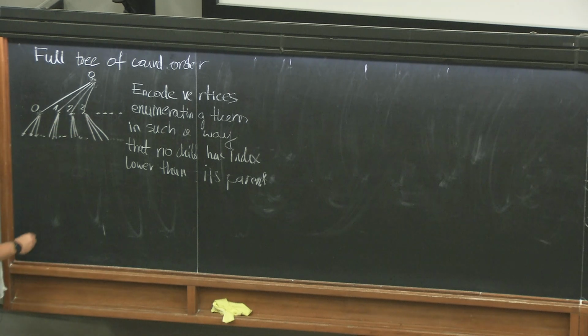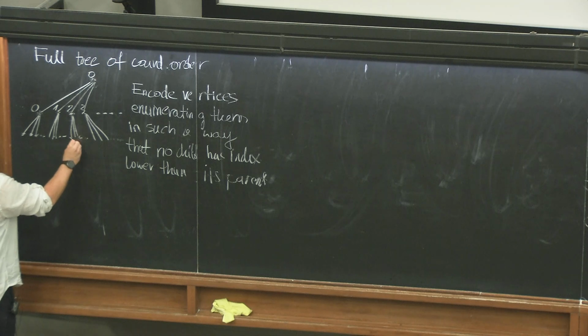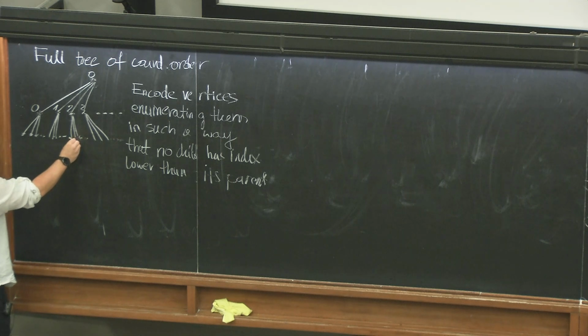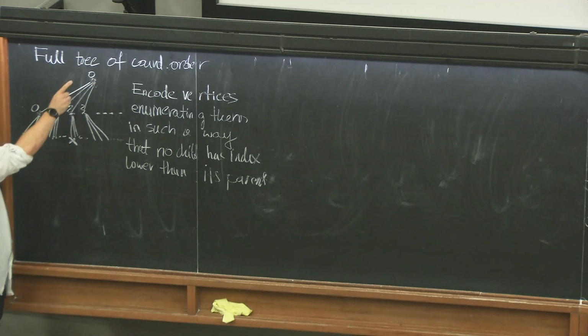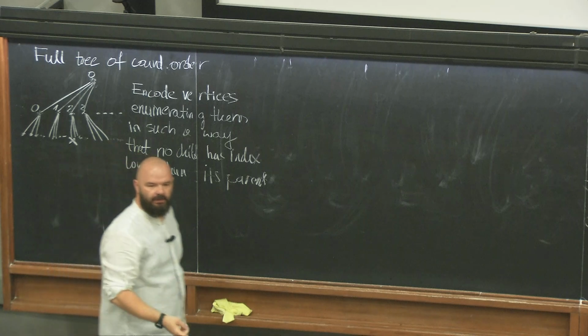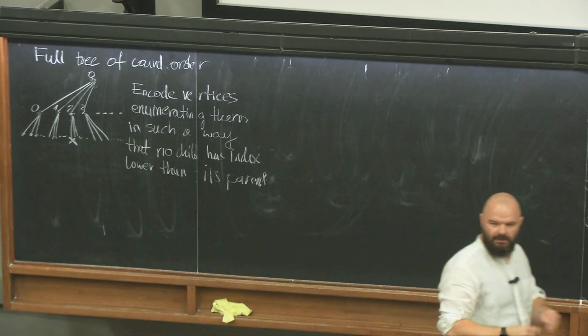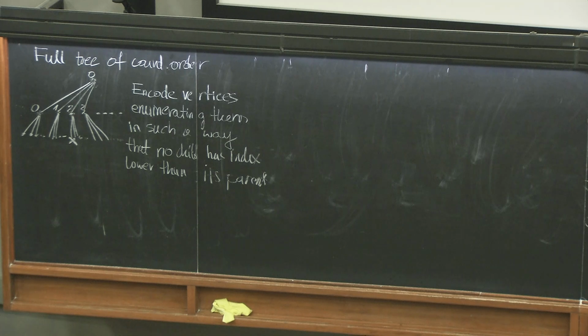But always what we know is that every vertex has to appear with some number, and if we see a vertex with some number, then all vertices which were above appeared earlier. This is the only demand we have from this enumeration. Okay? So now